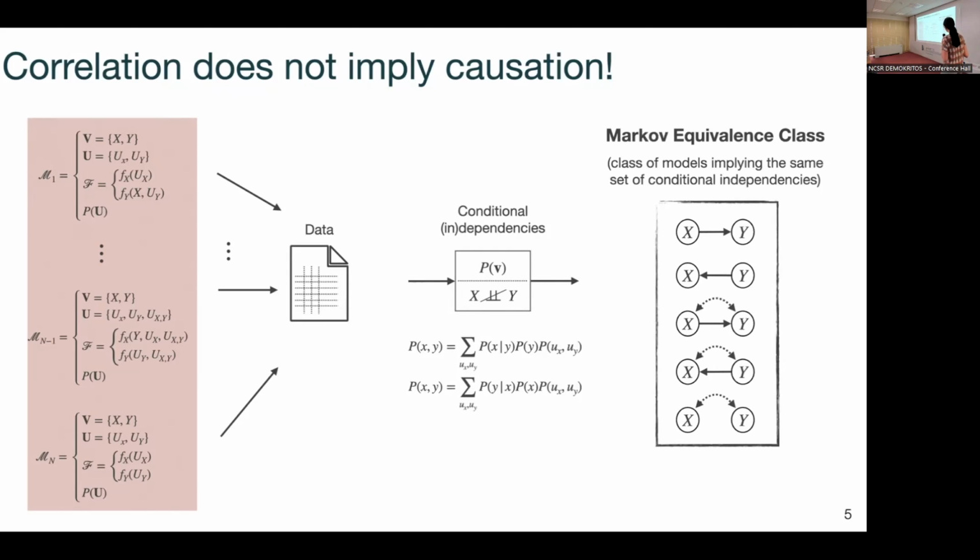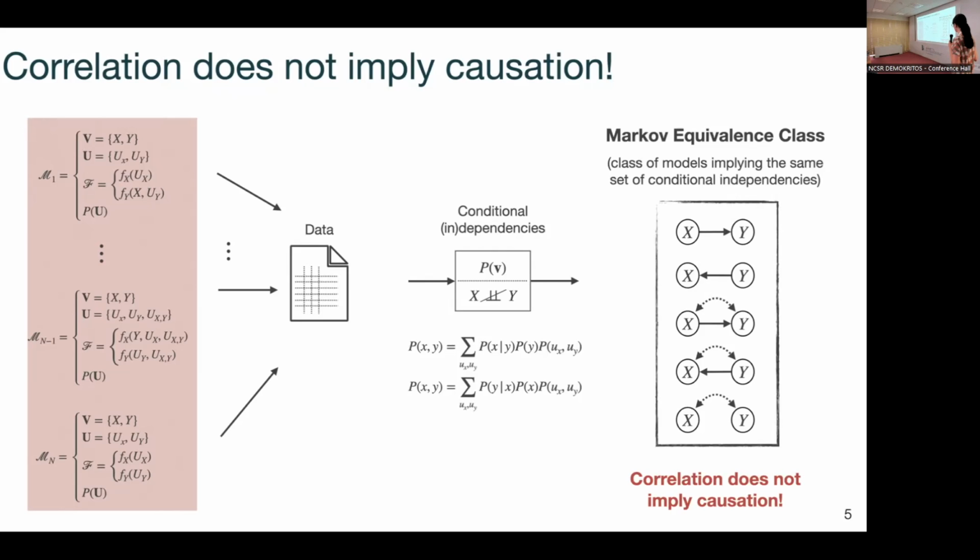So there is this problem of equivalence. All these models are equivalent in the sense of describing or encoding the conditional dependencies that are observed in the data. You cannot rely only on conditional dependencies to detect the causal direction between two variables, X and Y, which is where correlation does not imply causation. We are always looking at a pair of variables, and from this you cannot imply which direction it is, X causing Y or Y causing X,